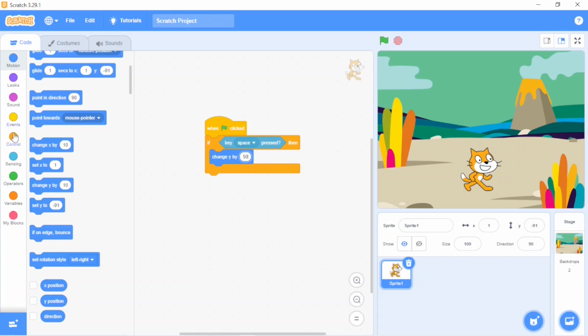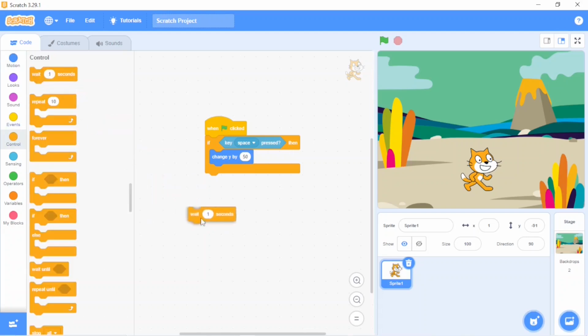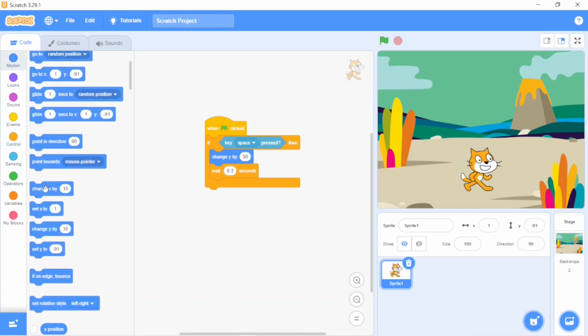Now we'll add some time interval. I'll take wait, not 1 second, I will take 0.3 second, and then afterwards change y by minus 50. Here we have jump plus 50 and then it should come back to its original position.